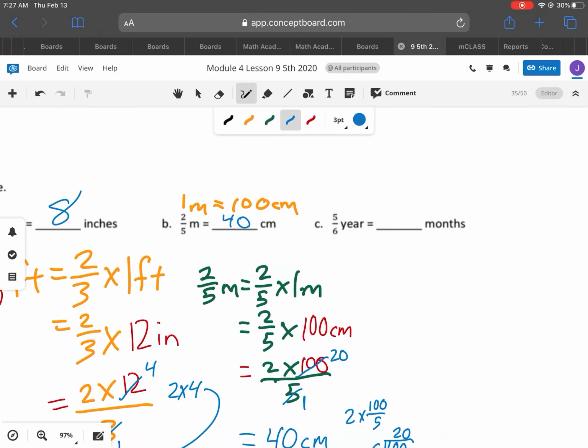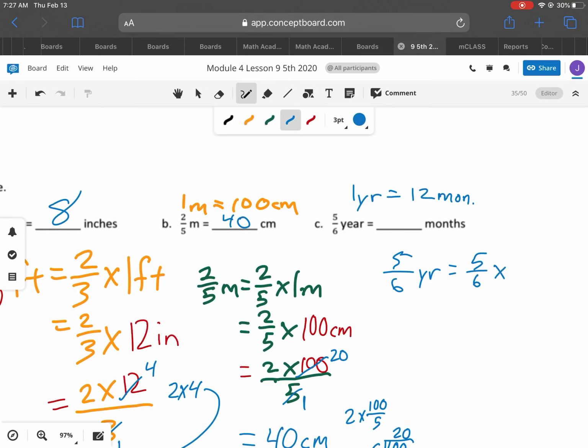All right, so now we have years to months. I have 5/6 of a year, and we have to know how many months are in a year. Hopefully you know it's 12 months. Okay, so we're going to start off with the